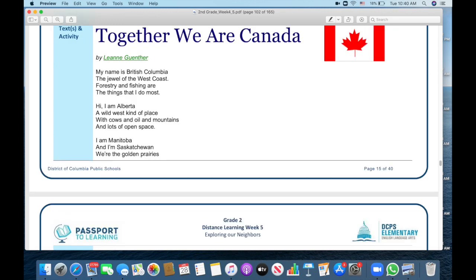So let's look at the first stanza, the first chunk of the poem. It says, my name is British Columbia, the jewel of the West Coast. Now, is that province actually a big giant jewel? No way. The writer is describing it as a jewel. She's comparing it to a jewel to let me know that British Columbia is really special because jewels are special, right? So by calling it the jewel of the West Coast, she's saying it's one of the most special places on the West Coast. Okay, so you're not going to use that example, but there are a ton in the